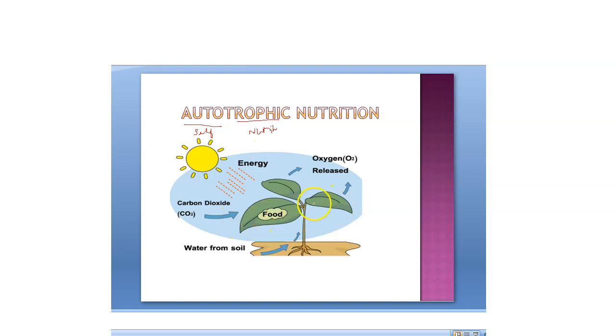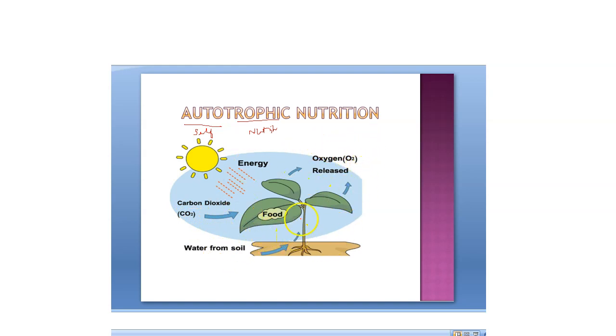So here you can see this is a green plant, and green leaves are there. These green leaves contain an important pigment in an organelle, the chloroplast. The important pigment is chlorophyll. Why I am describing chlorophyll here is because this chlorophyll traps the energy of sunlight, that is, it traps light energy of sunlight and converts this light energy into chemical energy of food by taking carbon dioxide gas from the atmosphere and water from the soil, thereby preparing food